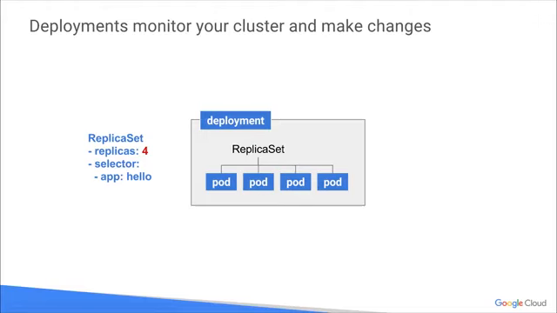In this example on the left-hand side, you'll see that it says replica set, 4 replicas, selector, and the application again, hello. It creates a deployment with replicas of 4, like it says there on the left-hand side, but only 3 replicas will be running. The deployment objects and the differences between them are defined in the API, and what's running in the cluster will be rectified if it needs to be by running another pod somewhere else in the same cluster.